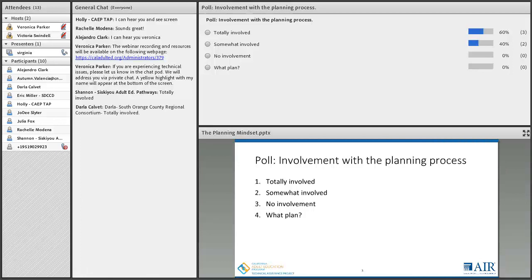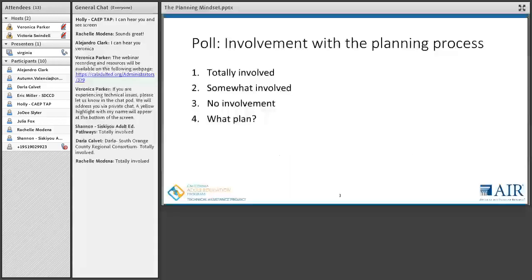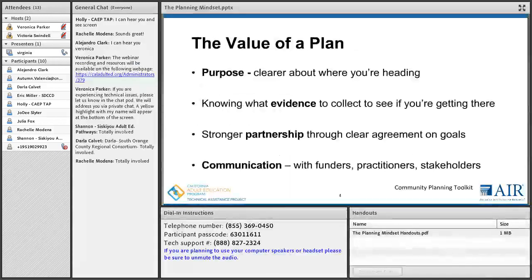It looks like we've got totally involved and somewhat involved. No one is asking what the 3-year plan was, which is a really good thing. Great. So that's helpful. If you want to throw in a couple more answers, that's fine. But I just wanted to make sure I wasn't talking to an audience that didn't know anything about what the 3-year plan was. Terrific. So let's go on to the next slide, which is